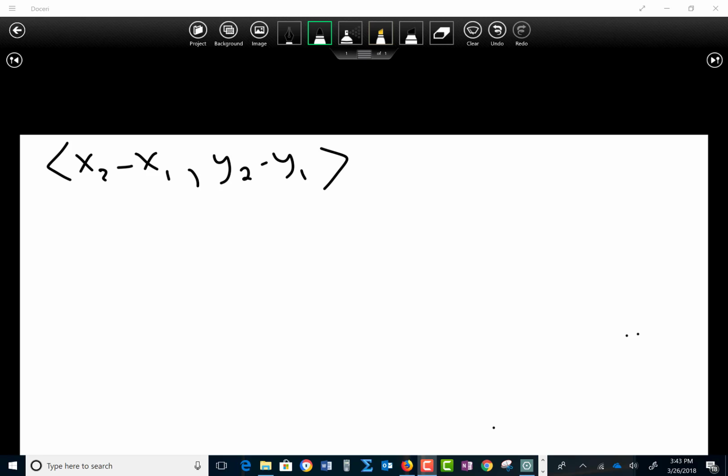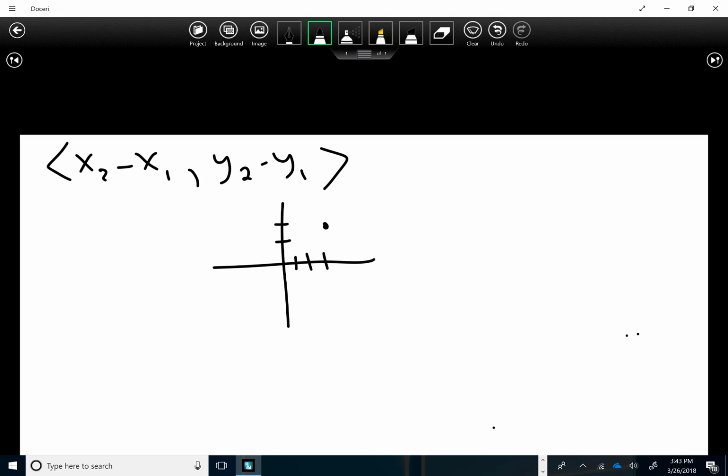To look at example 8 on page 736, it talks about finding the components of the vectors. Vectors have a horizontal component and a vertical component, and this says find the component of the vector v with initial point 3, 2. So let's graph that. Initial point 3, 2, which would be right there,